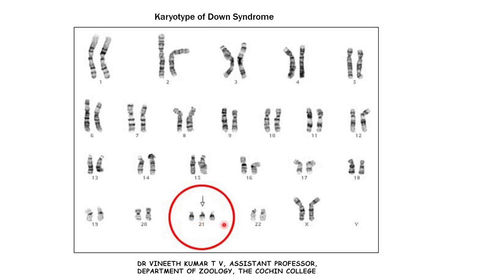We also discussed two other examples. One is trisomy 13, where chromosome 13 will be present in three copies, which is Patau syndrome. And in Edwards syndrome, instead of the 2 copies of chromosome 18, you will have 3. All the others will be normal. So this is how you identify these syndromes using the karyotype.